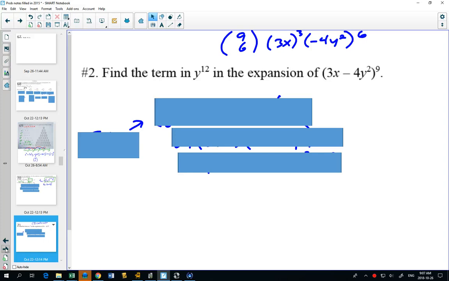So in this question, they're not telling us which term we want to find. Instead, they say there is a term that has a y to the 12. What is that term? So if we think about the formula,